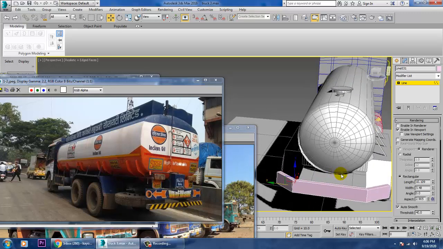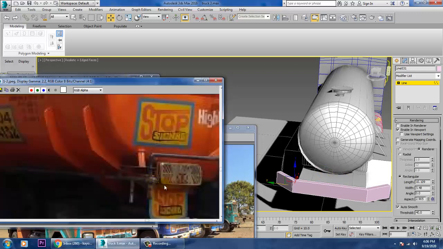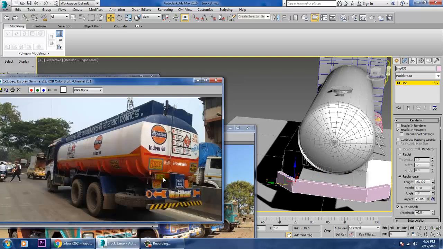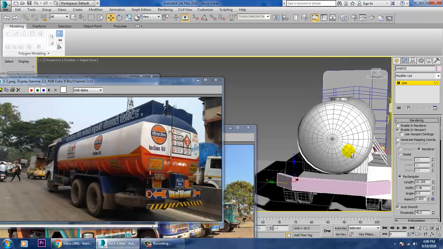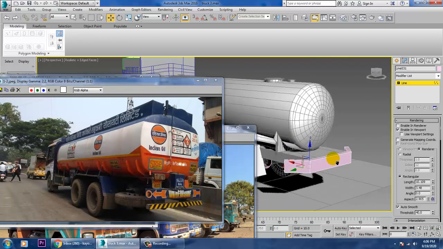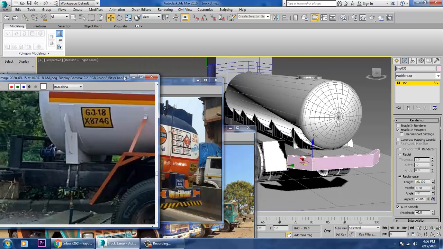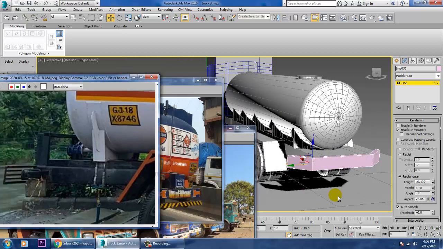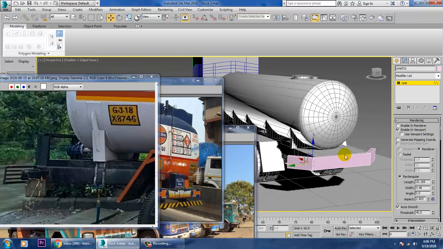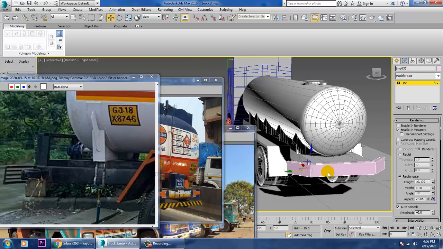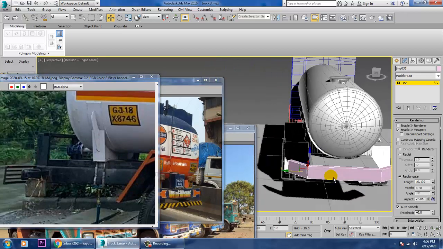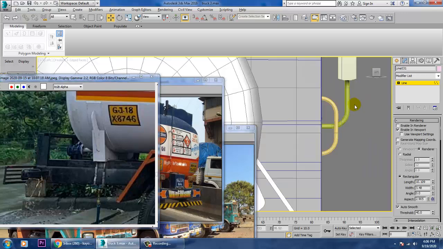Now if you want my light to be on this only, you can put some lights over here also, not a problem. I'll do some small changes on the back side.